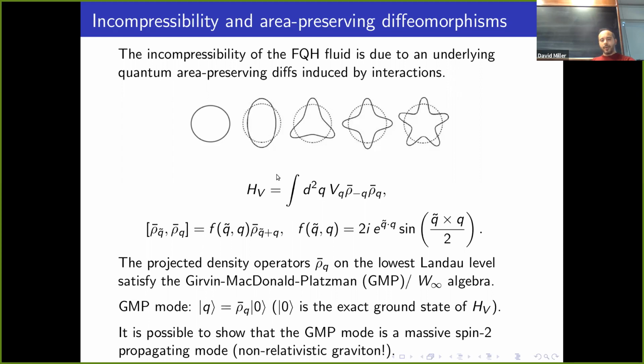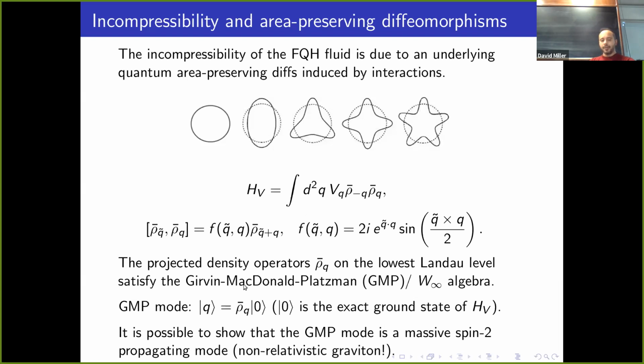Let me just give you some very quick details, because it's a very long story. It's also quite a complicated story. People have done a lot of numerics on this calculation, but let me give you some analytic results. Because this part of the story is related to interaction, we have to take the two-body interacting Hamiltonian. This comes from the Coulomb interacting term. If you Fourier transform everything, we can write these things in terms of projected density operators. So this rho bar are the so-called projected density operators. And it's possible to show,